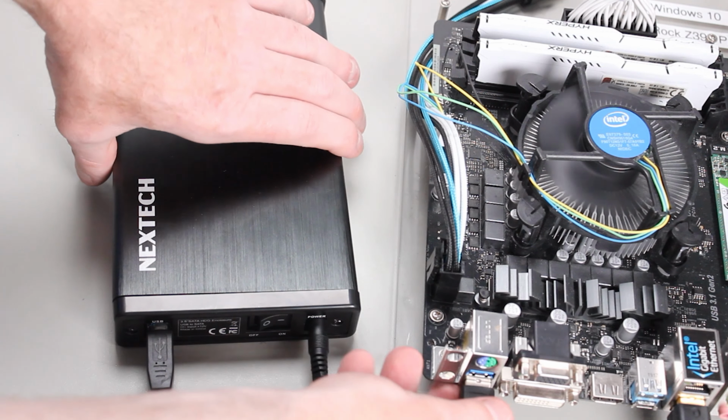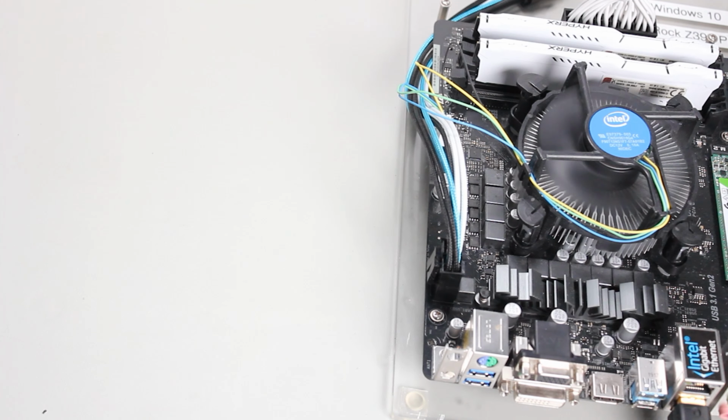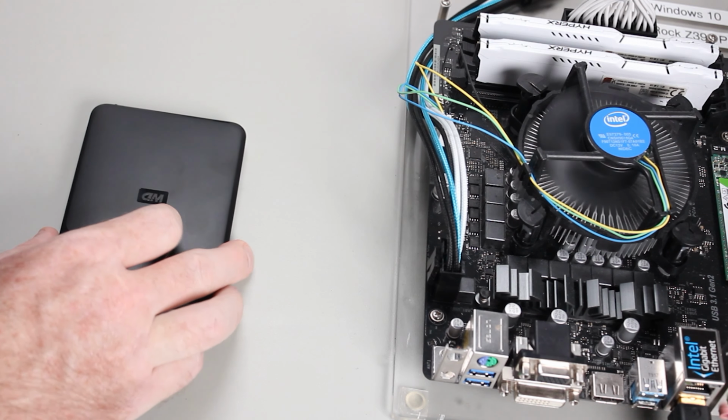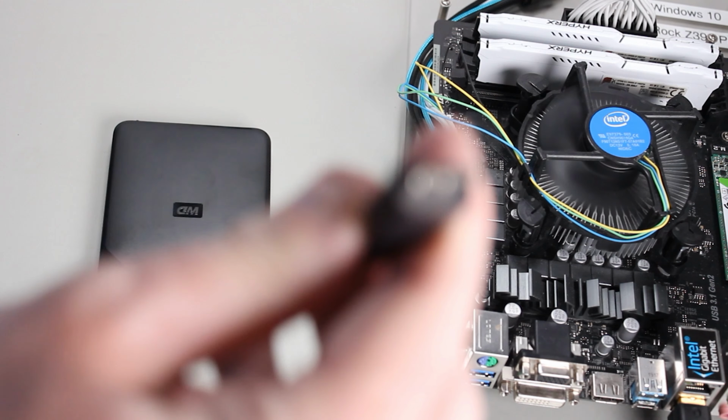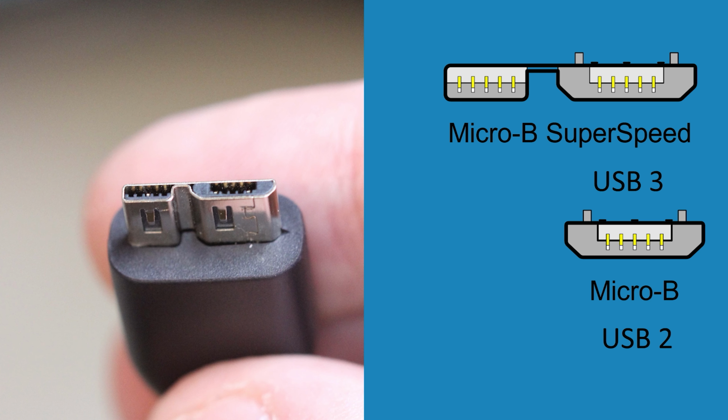I will now remove the hard disk enclosure and look at a small portable hard disk. These hard disks are designed to require only a single cable in order to operate, thus are easy to use and also portable. This storage device supports USB 3 and uses the Micro B connection. This is a USB 3 Micro Type-B connector.